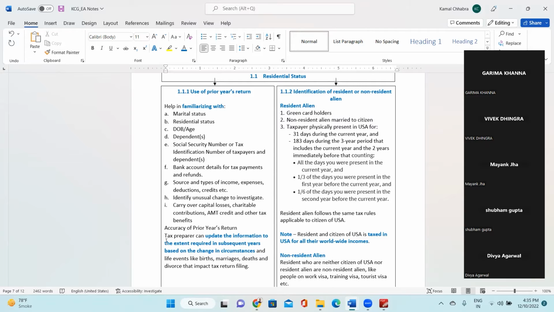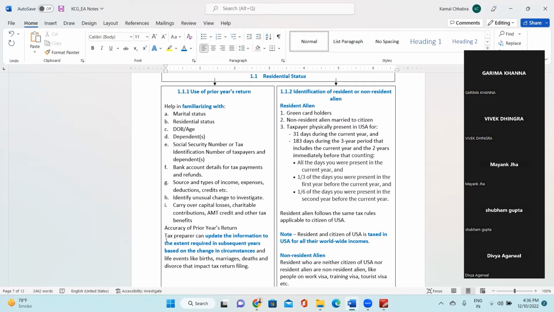40, divided by 3. How many days? 40 days. So current year 40 days and previous year 40 days. Total is 80 days so far. Right? And before that, in the year 2020,